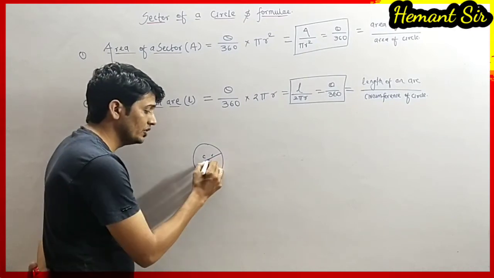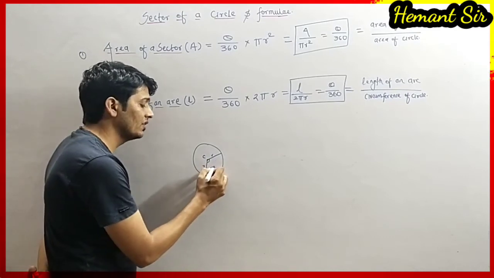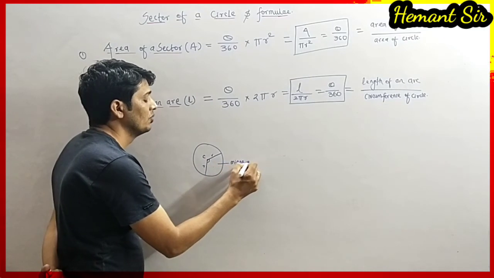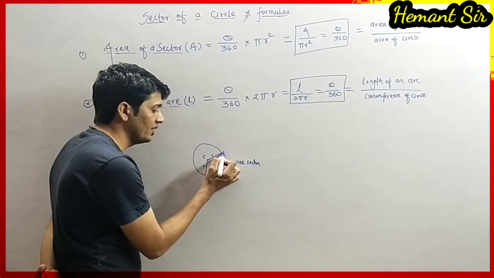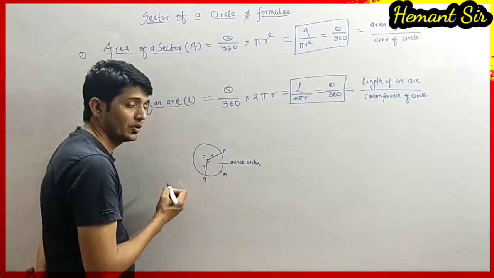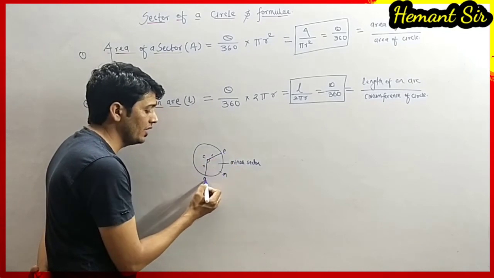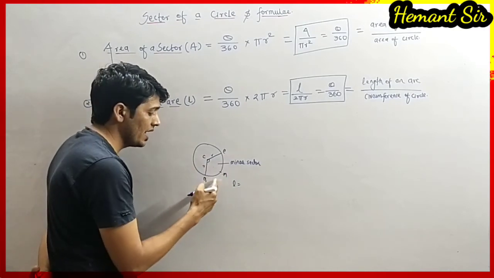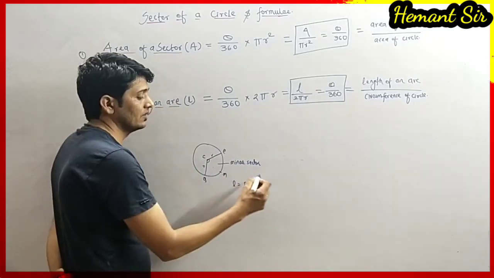Okay, so this angle is less than 180 degree. That means this arc or this sector is called as minor sector. The intersection points will be, let it be P and Q, and the center we have taken is M. Okay, so the length of arc will be M, P, M and Q. Here L is the length of an arc and which is P and Q. It is P, M, Q, and which is the minor arc.